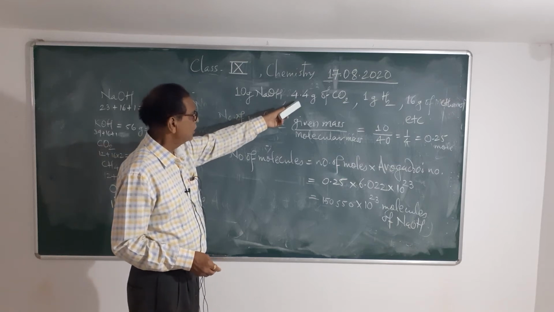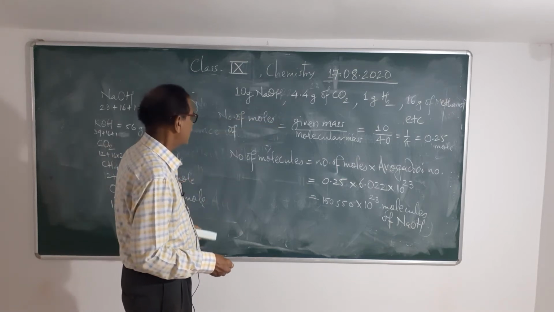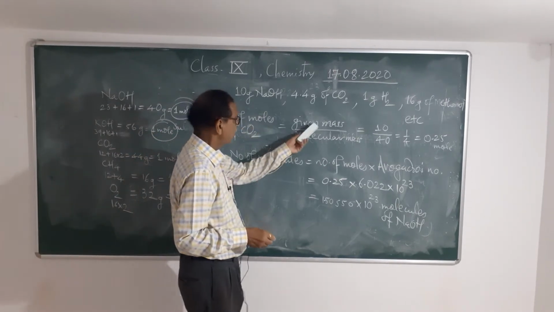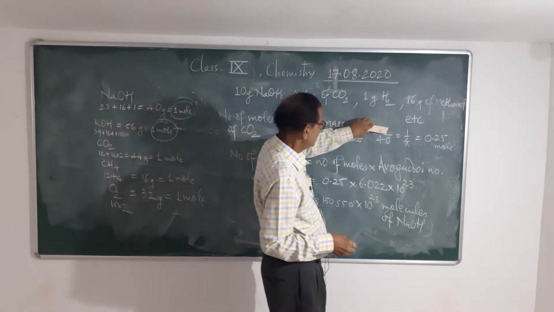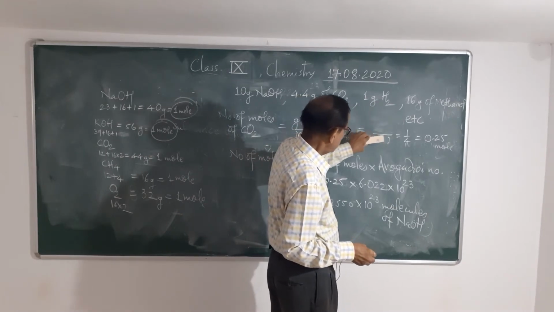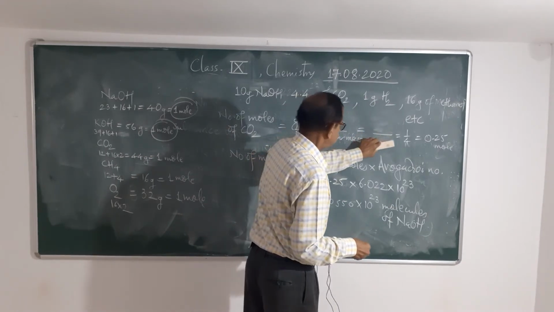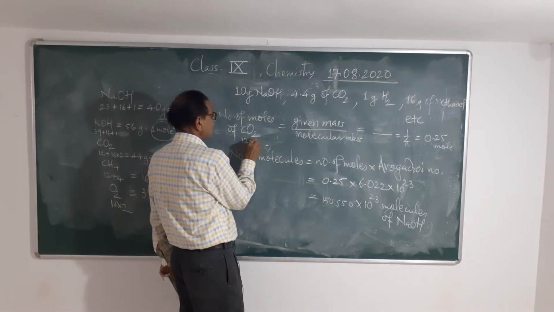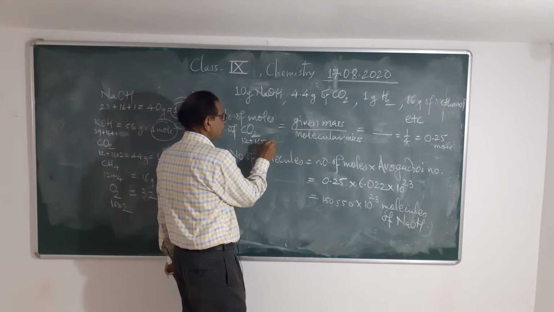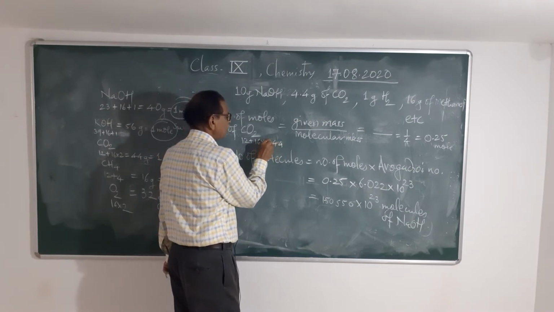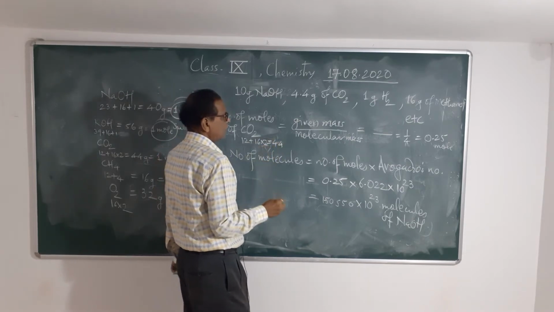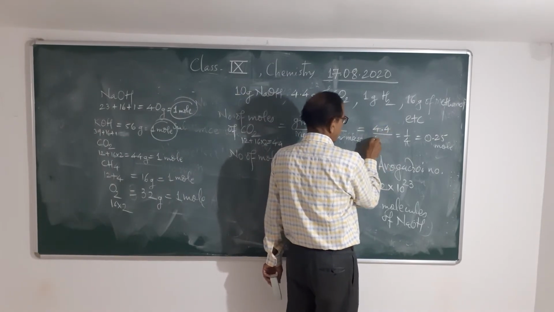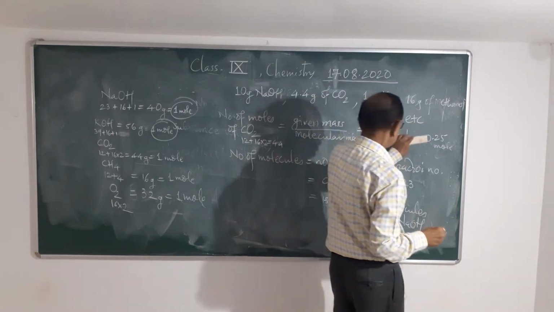Find the moles and number of molecules present in 4.4 gram of CO2. CO2 means carbon dioxide. Moles equal given mass upon molecular mass. For CO2, carbon has atomic mass 12 and oxygen 16 multiplied by 2, so the molecular mass is 44. So we write 4.4 divided by 44